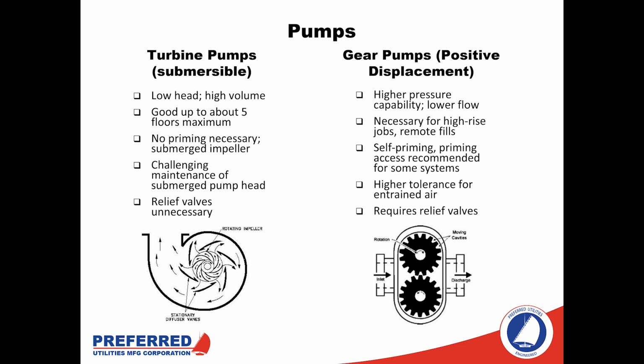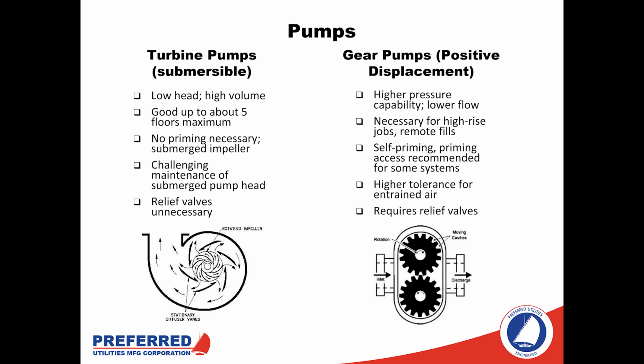Taking a look at the heart of the system, the pumps, there are really two different types of pumps that can be used for fuel oil applications. We have turbine pumps, which are commonly called submersible pumps, and then we have gear pumps, or positive displacement. Now, the primary difference between these two is that submersible pumps are going to be a high volume output for the same horsepower, but they are very limited on the amount of pressure that they can have. For a positive displacement pump, they're typically going to be a lower flow rate for the same horsepower, but they are going to have a very flat output versus back pressure curve